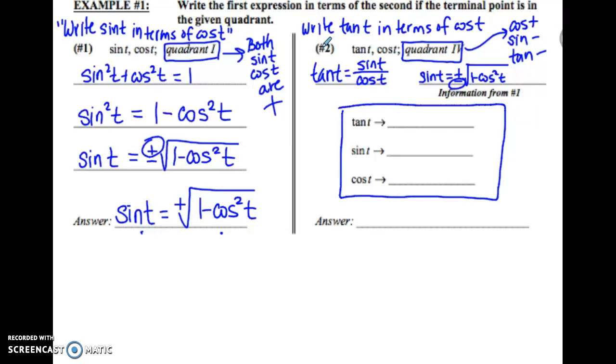So I'm going to start by writing tangent t as the fraction sine t over cosine t. But if I'm supposed to write tangent in terms of cosine, that means that I have to replace my numerator with an expression where sine is in terms of cosine. That's what I did in example 1. So I'm